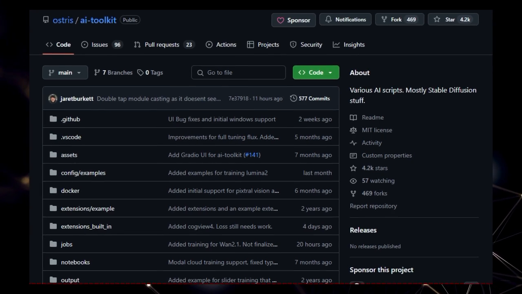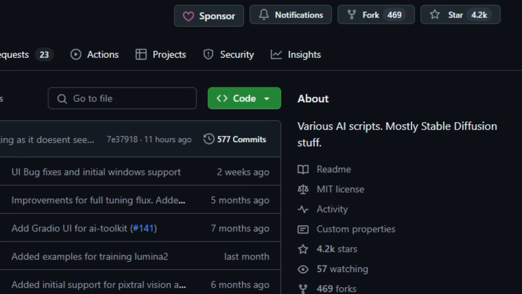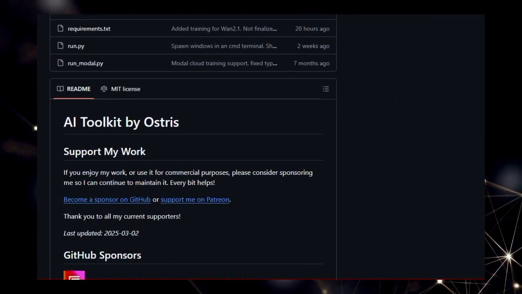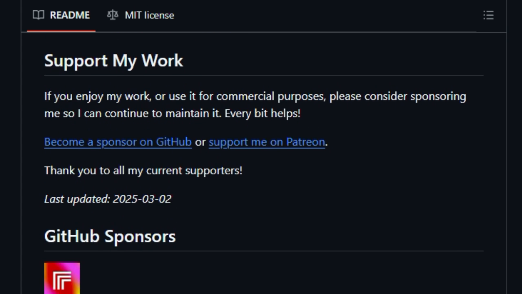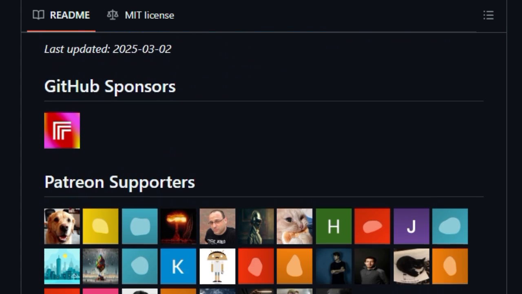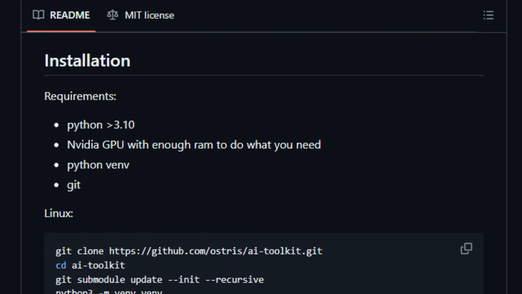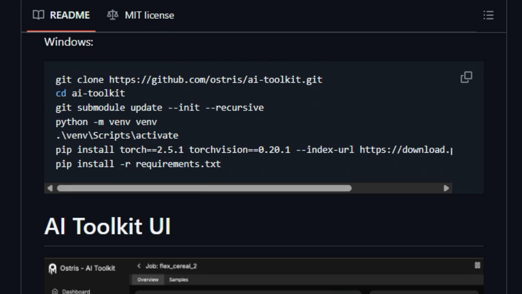The AI Toolkit by Ostris is a collection of various AI scripts primarily focused on Stable Diffusion. This toolkit distinguishes itself by offering a range of features and capabilities tailored for AI enthusiasts and developers. One of the key aspects that makes this toolkit unique is its focus on training. It provides tools and scripts for training models, particularly with Flux.1, and offers support for both Flux.1 Dev and Flux.1